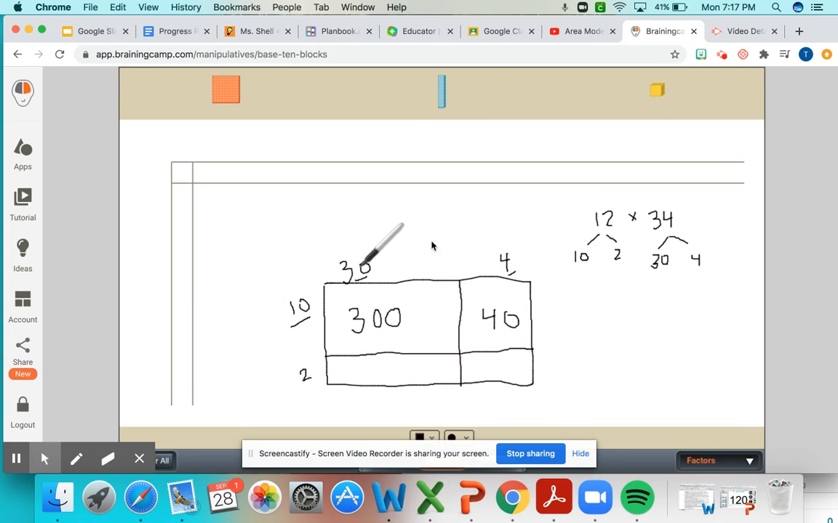We've multiplied our 10 by both parts, so now we're going to do our 2. Our 2 times our 30, which 2 groups of 30 is 60. And then our 2 times our 4, 2 times 4 is 8. And when I add all this together, you could also go by rows, or excuse me, I should say columns. So if this was 40 plus 8 is 48, 30 plus 60 is 90. And then if I added those parts together,